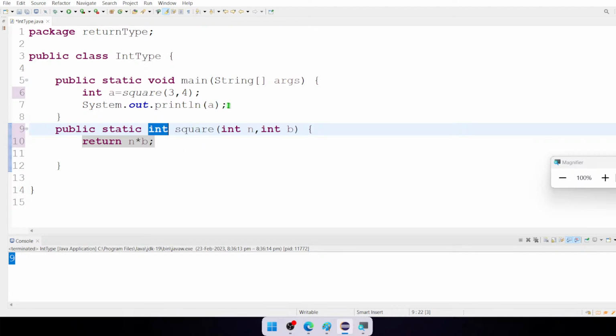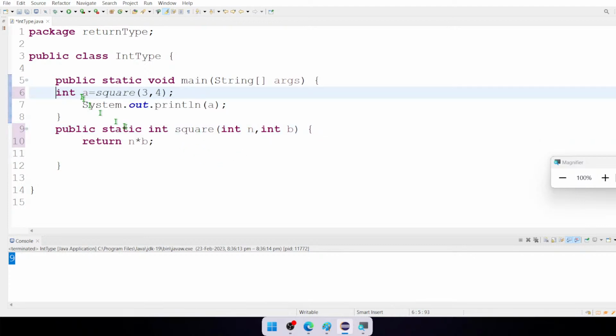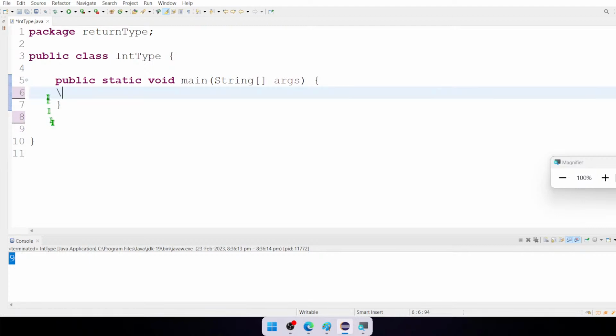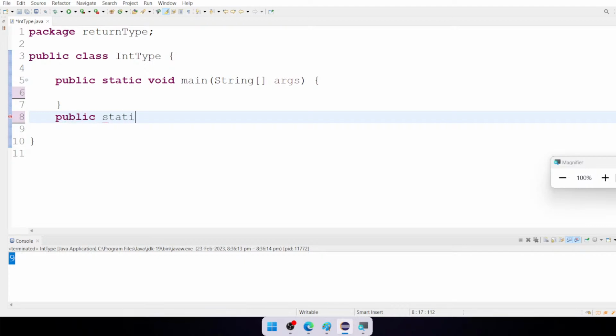So I have completed with integer type. Now I will move on to another value. See here. Now integer type is completed. Now I will do one more method, guys. Public static boolean method. Okay. Boolean method means,